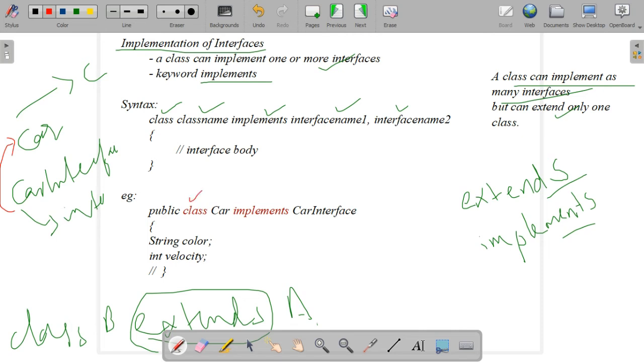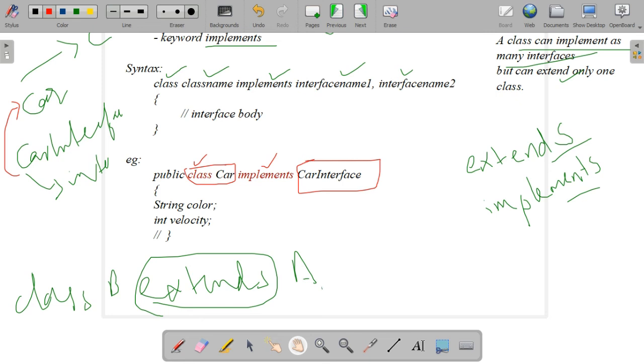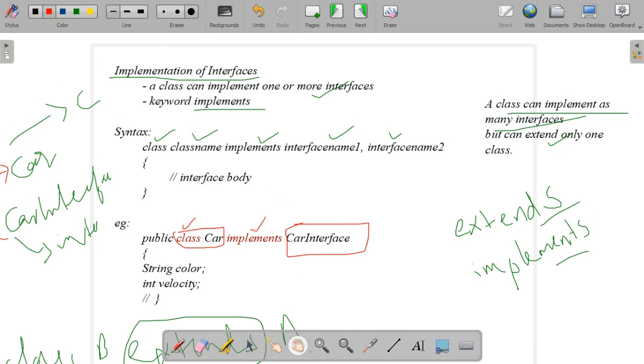How will we implement this car interface to the class? Using the public keyword, public class Car, that we will write. Then implements is the keyword to implement the interface.